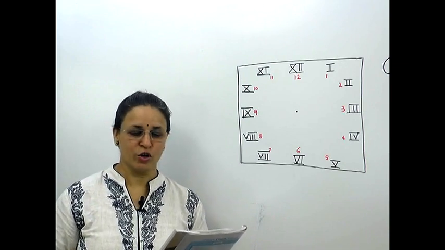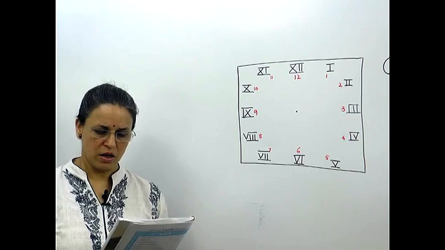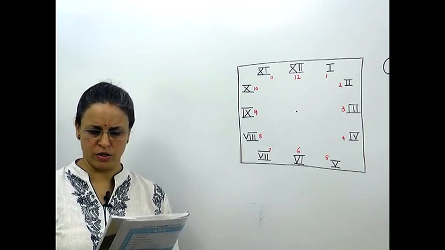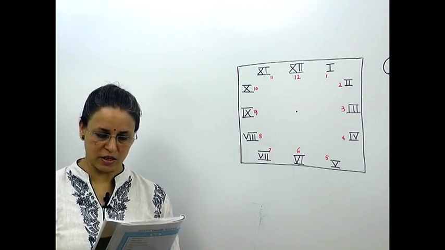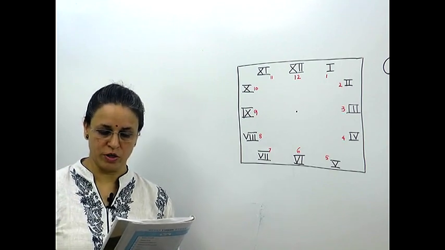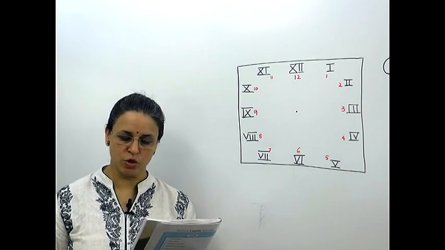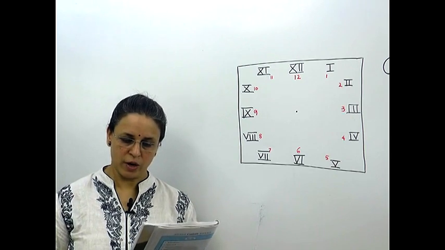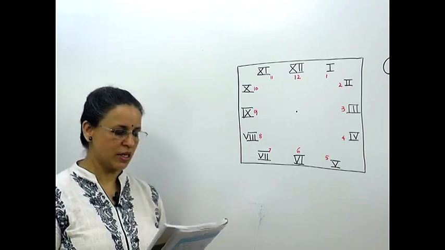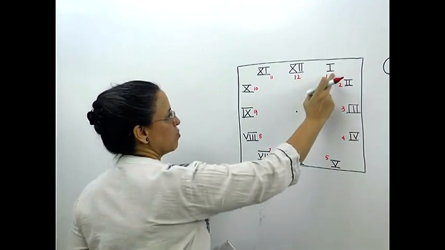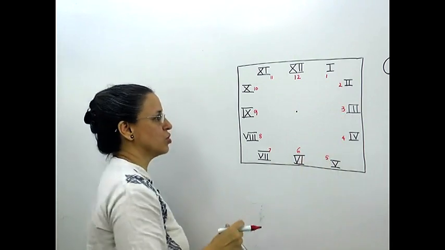Keep your eyes down on your book, page number 1. Here you can see Geeta is asking, this clock doesn't have numbers, it has some symbols instead. So the teacher says, yes Geeta, these are Roman numerals. In Europe, in the olden times, Roman capital letters were used to write numbers. That is why they were called Roman numerals. Now you can see here, this stands for number 1. It's not a symbol, it is the number that the Romans used to use.